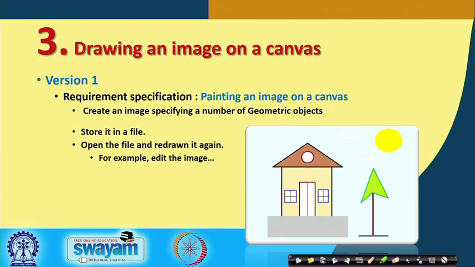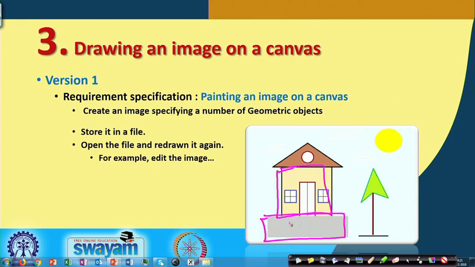As you see in this example, an image consists of many structures. Suppose this is one rectangle and this is another rectangle, but the difference between them is their positions and their style. Here, for example, the line by which this rectangle is drawn has no color, but the filling is some other color, and here the filling is a different color. And this is a circle, and this is also another circle. So, different geometrical objects compose an image. This is basically what we can call an image.